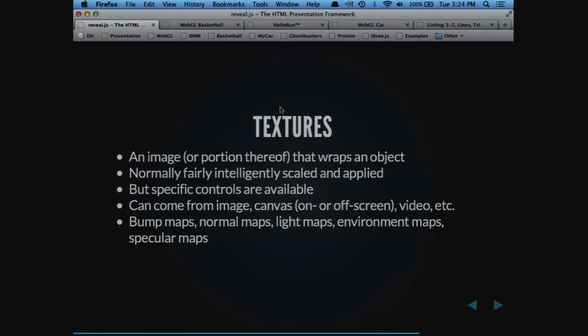And on top of that, you can apply textures, which are normally fairly intelligently applied. So if you have a picture of the Earth and you apply it to a sphere, you'll get something reasonable. It's not going to be completely accurate because usually the textures are square, and there's no reasonable way to apply a square texture to a sphere without distorting it somewhat. But you can